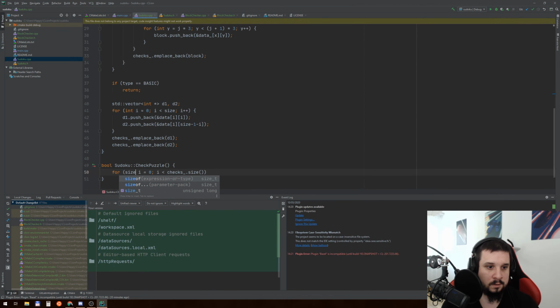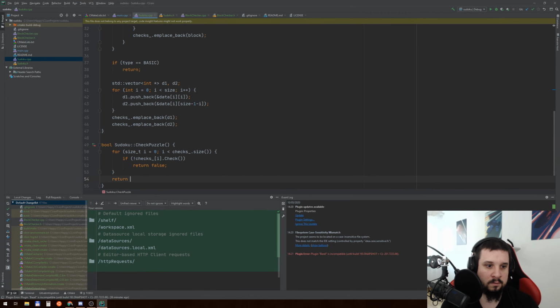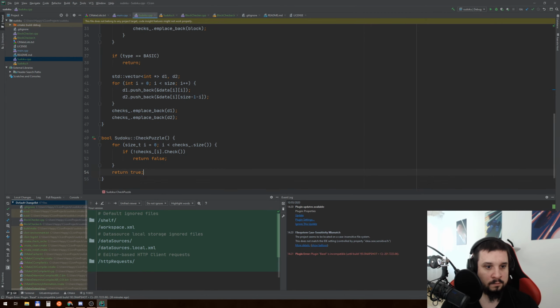This should be const. And if the check is wrong, then just return false. Otherwise, return true after we have looped over all the checks. And I guess I can just rewrite this into